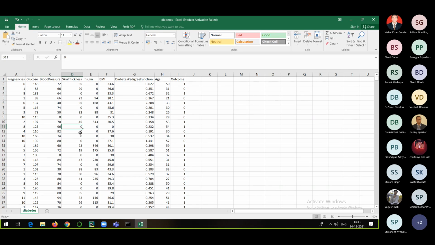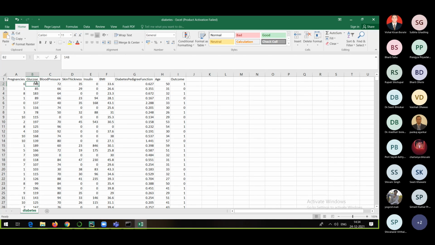As this is zero, it has totally changed the meaning of the data. Zero blood pressure means that person is not alive, he is dead. And if that person is dead, how can one classify the patient as diabetic or non-diabetic? It is not going to make sense having zero blood pressure or skin thickness and so on. So that particular thing also we need to take care of.